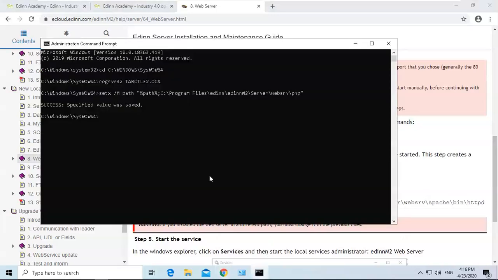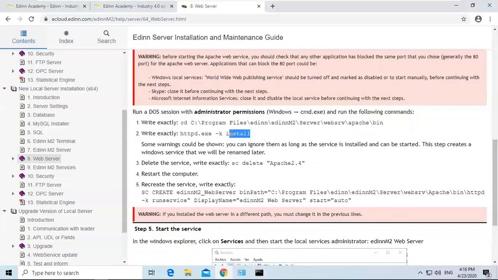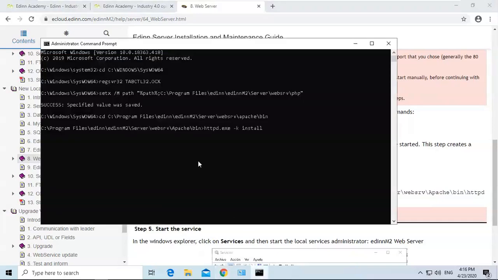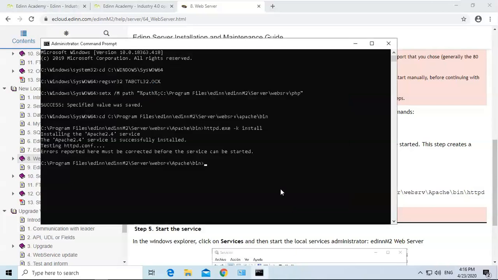Copy this command, paste it. Now we're in the folder of the Apache. Then we execute this command to install it. No error reported, we allow access. Okay, to make sure